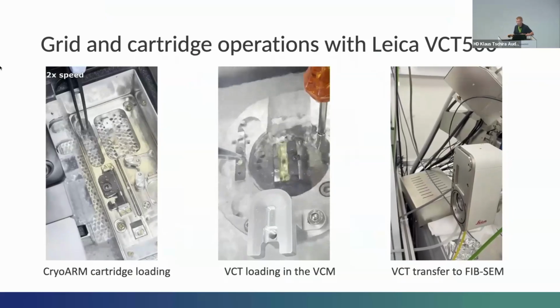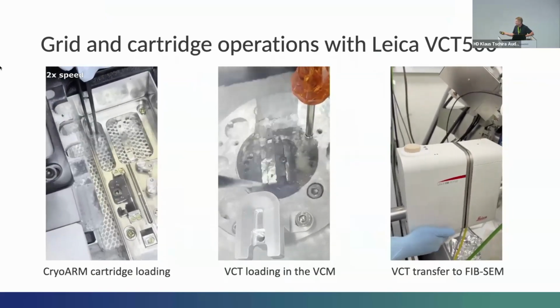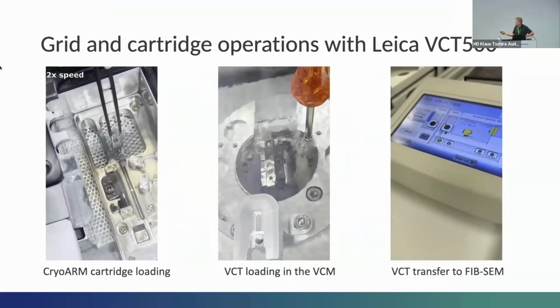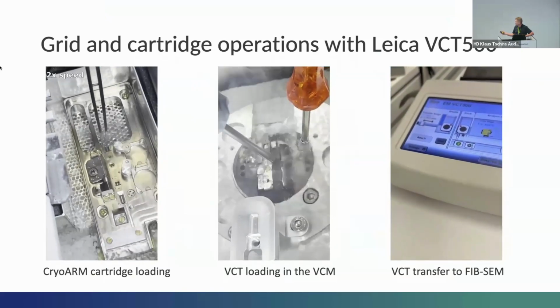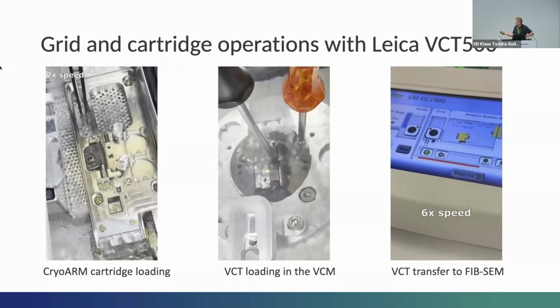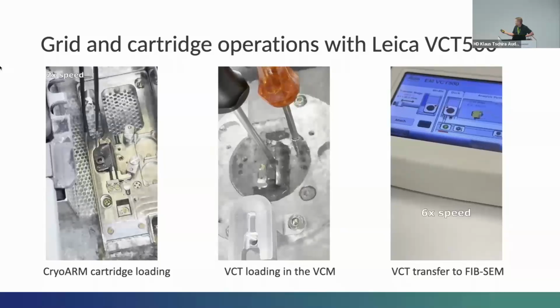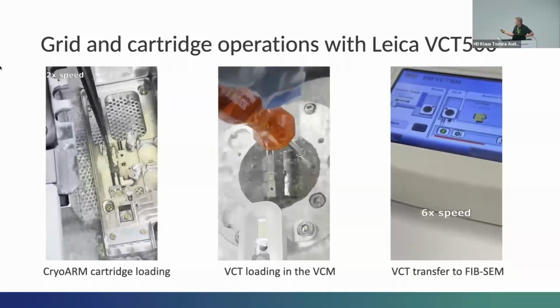To give you an idea of the workflow in practice, this is the JEOL clipping station where the sample is actually mounted onto the cryo-warm cartridge. The Leica loading system for the FIB-SEM, the cartridge has just been dropped onto the VCT block, is being clamped in place. And over here, you can see the process of actually attaching the sample onto the FIB-SEM and loading